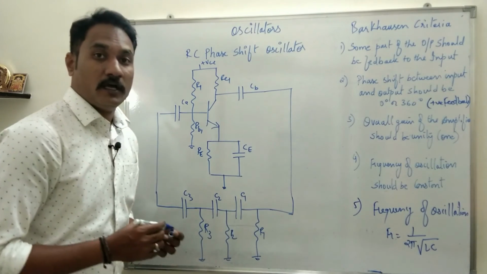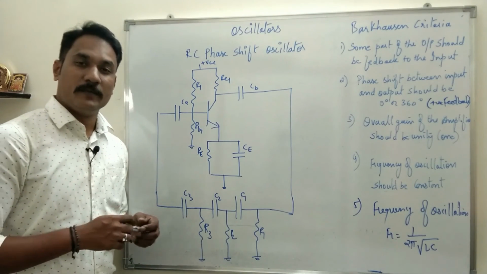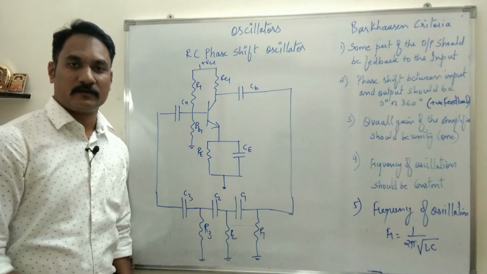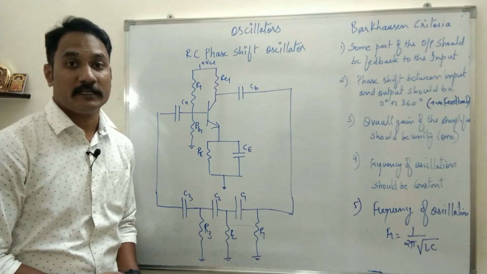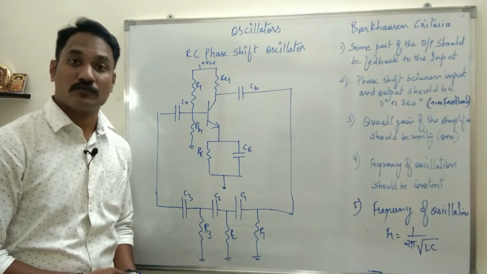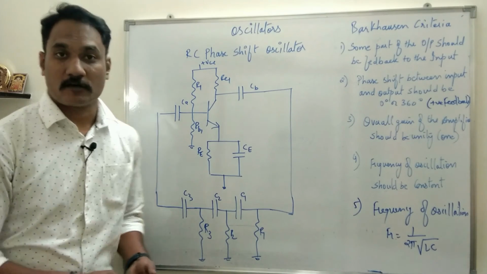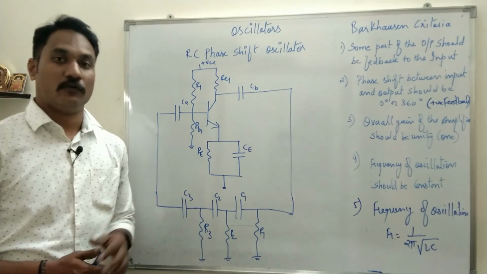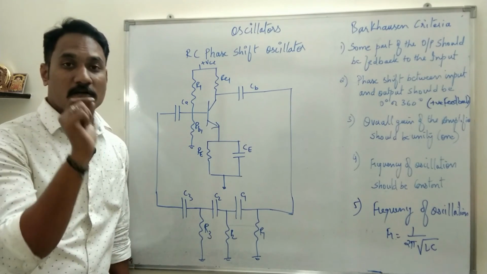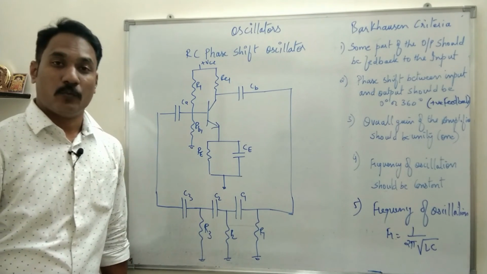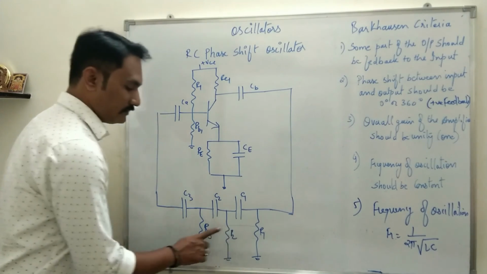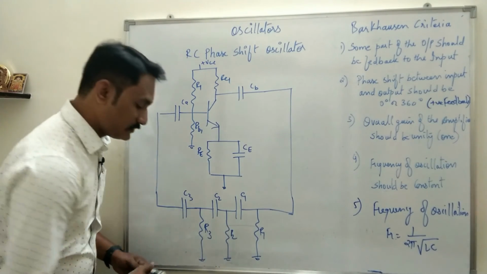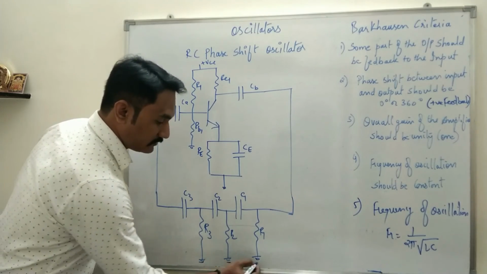As I told you, if you make R equal to 0 in an RC network, the total phase shift between input and output will be 0 degrees. But we cannot make R equal to 0, as there will be no voltage drop across the feedback factor. Therefore, we select the values of R and C such that one section will provide a phase shift of 60 degrees. So how many sections have we connected? We have connected 3 such sections.